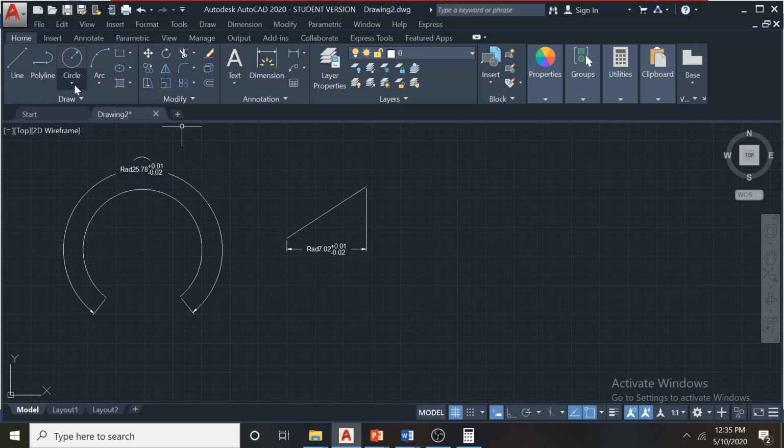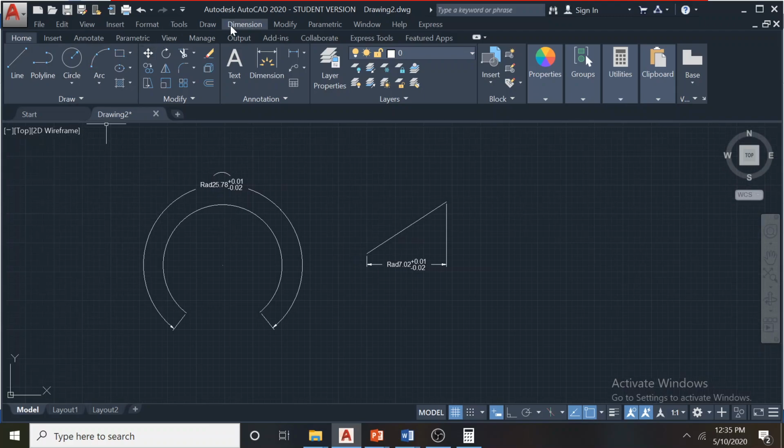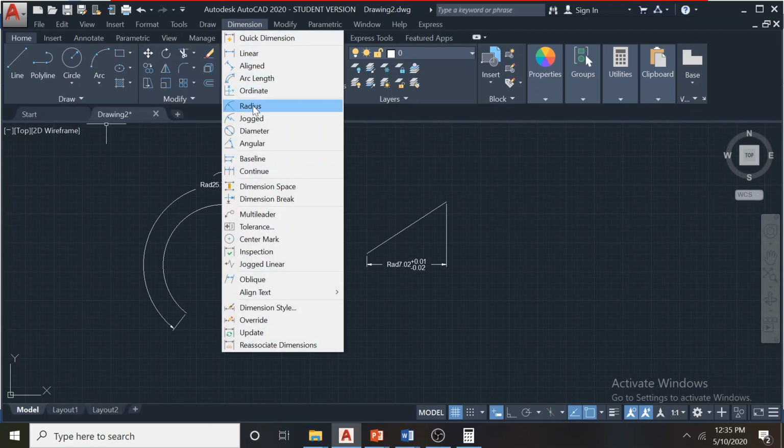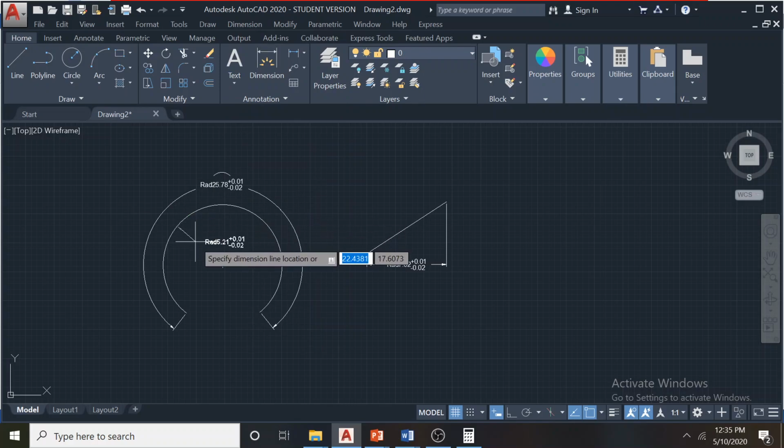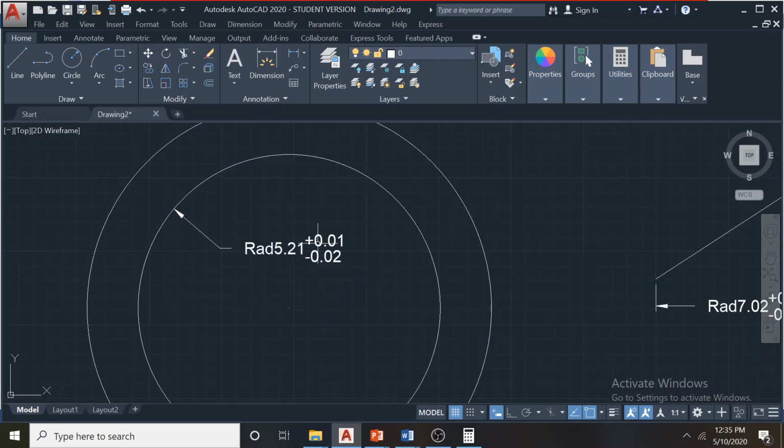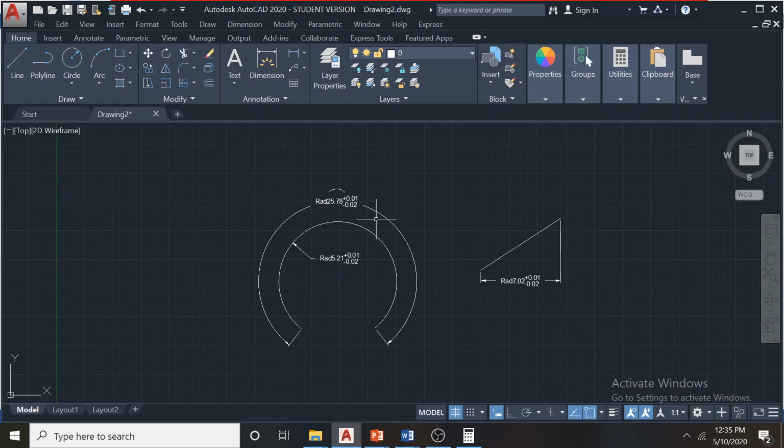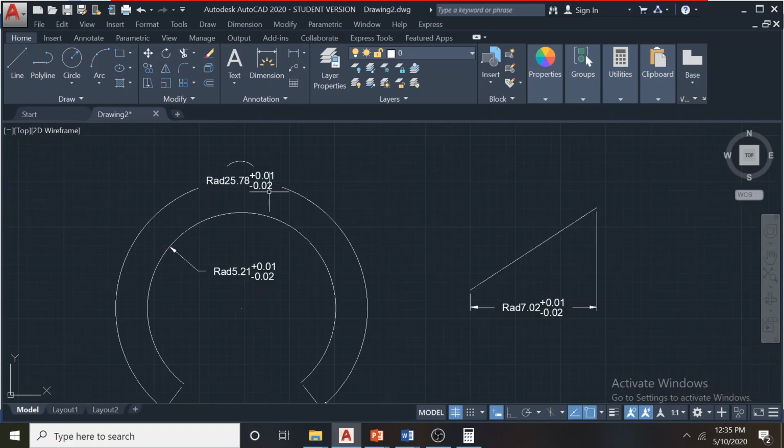Now the idea is when you put the radius here, now this is no problem. So radius 5.20, but these are the problems I have. So I have to ask the software to use either a different style for these dimensions and keep this radius style separately. So you can create two styles,